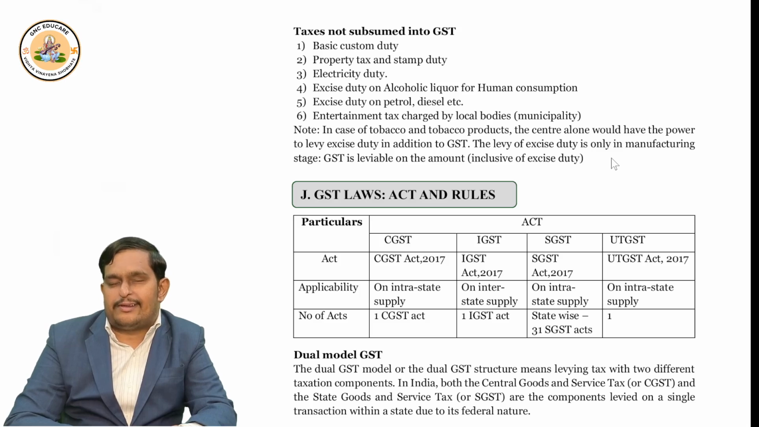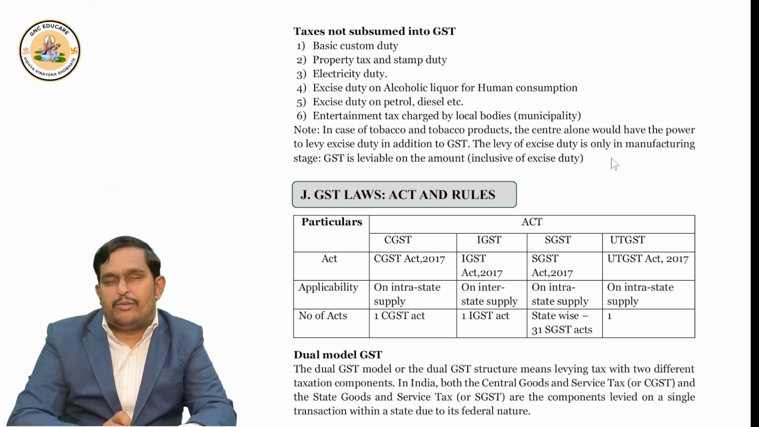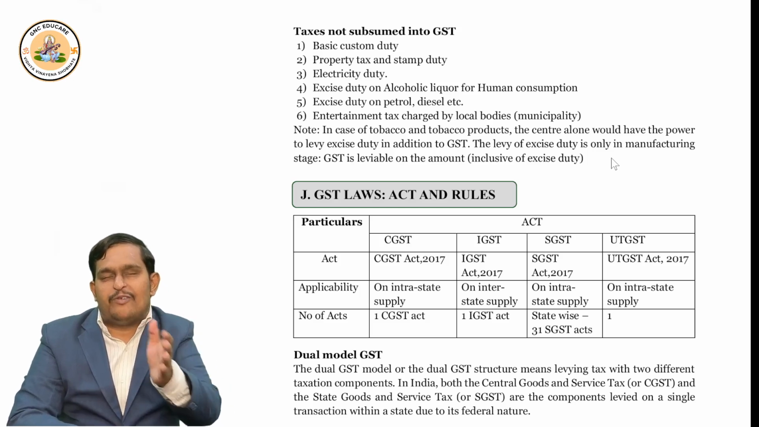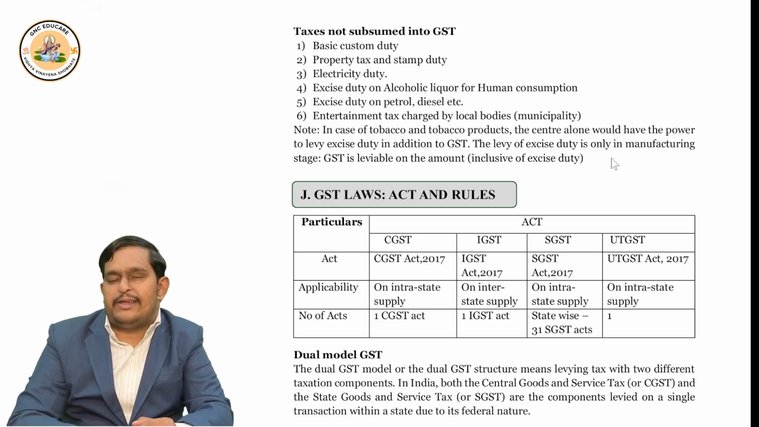Similarly, UTGST. This is for supply within one union territory. If the supply is within a union territory, then definitely UTGST will apply. Only one UTGST law, because union territories are managed by the central government. So the central government need not make a separate law for each union territory. Right? States may be ruled by a centrally ruled party, right? So we cannot say,